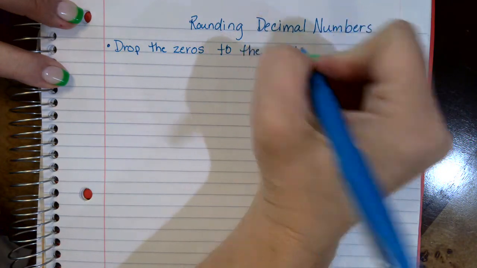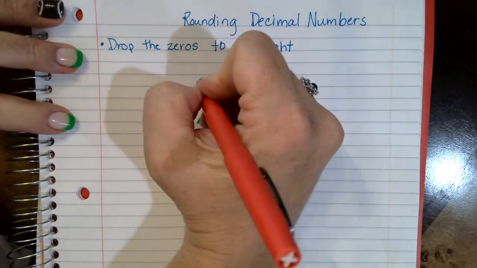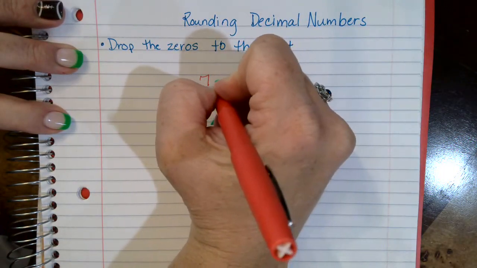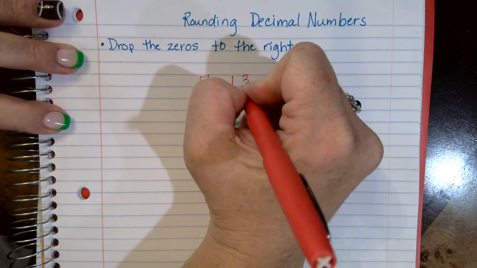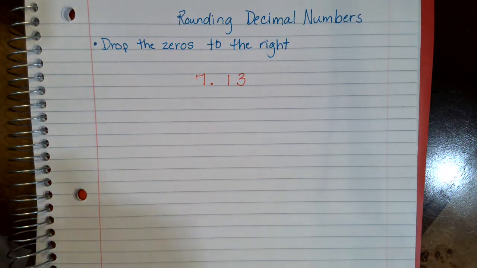I kind of briefly talked about that in our last video, but I didn't really go into detail on it. So for instance, if we have the decimal 7 and 13 hundredths, and it's asking us to round to the nearest tenth,